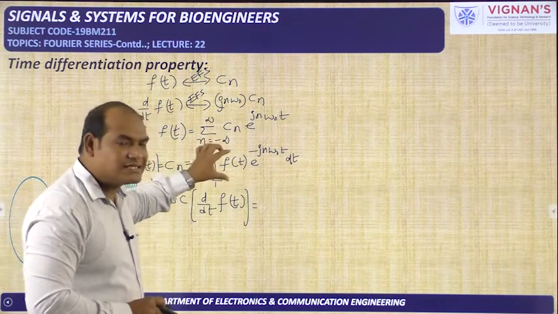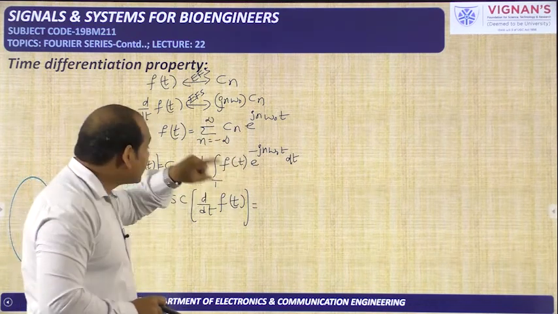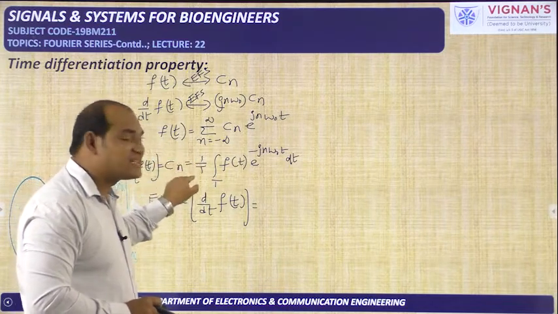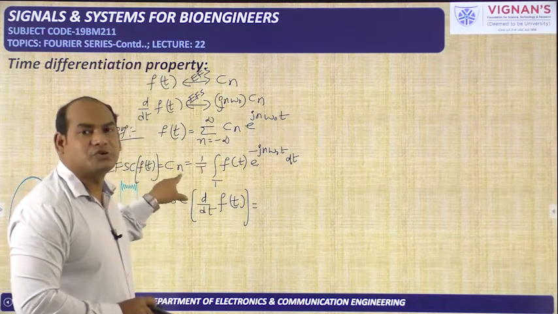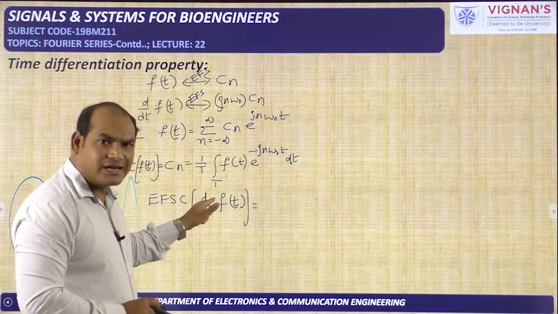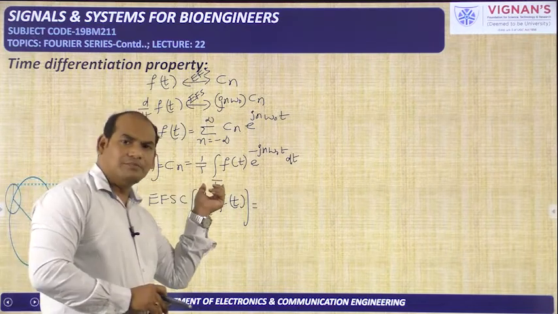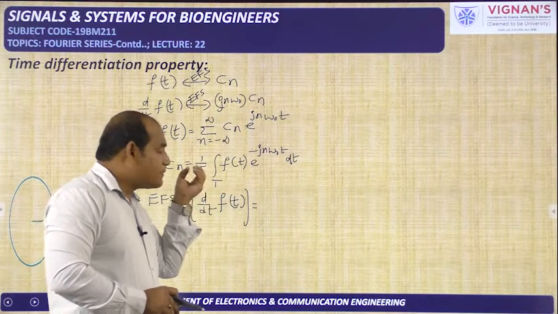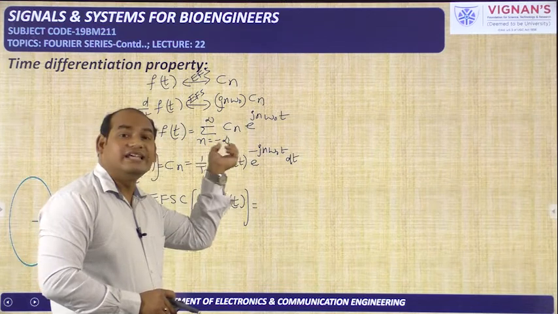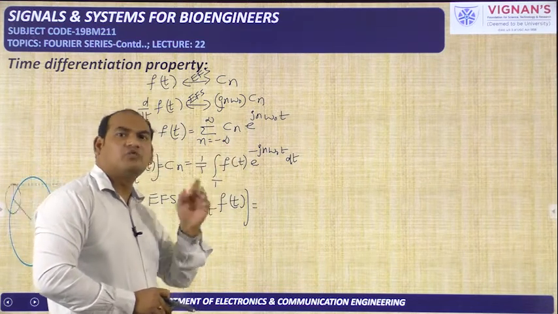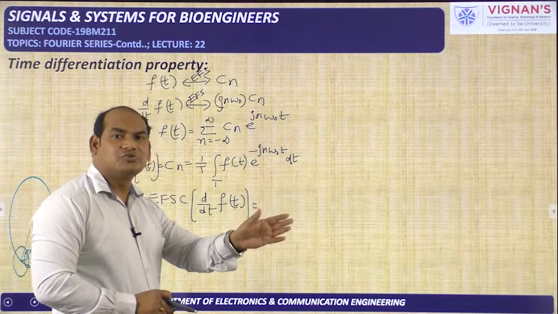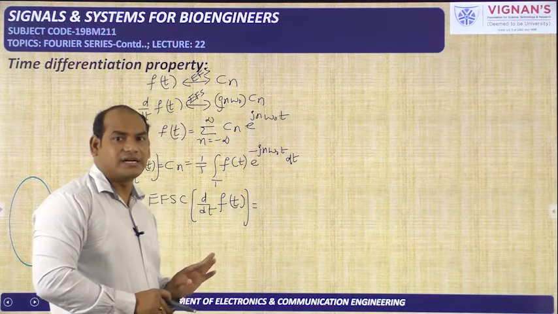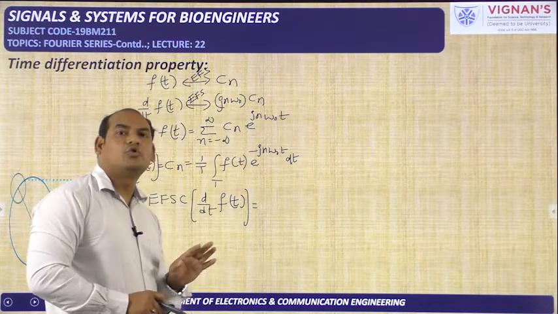f of t is one periodic signal having the time period capital T. That time period only you need to write in the denominator. 1 by time period, that is the time period of the signal for which you are calculating the exponential Fourier series. After that, integral over one time period. The period can be 0 to capital T, or minus T by 2 to plus T by 2, or minus T by 4 to plus 3T by 4. That means you need to do the integration over one period. That may be only on the positive side, only on the negative side, or from negative to positive side. But integration has to be done over one period.